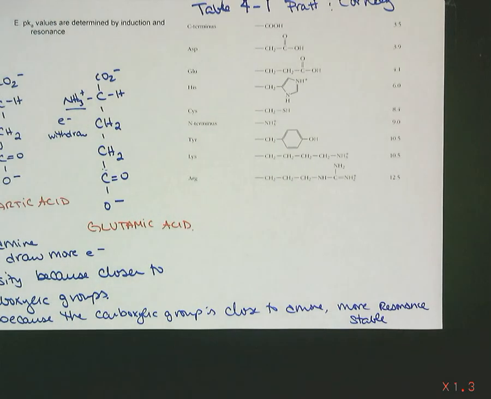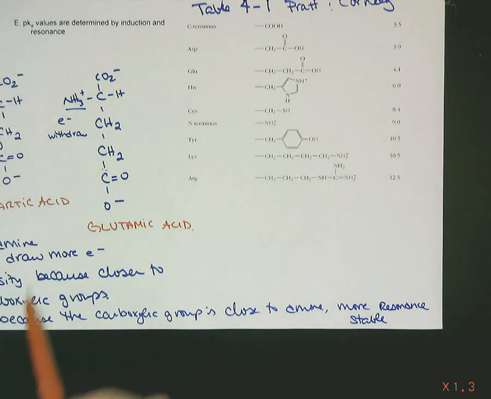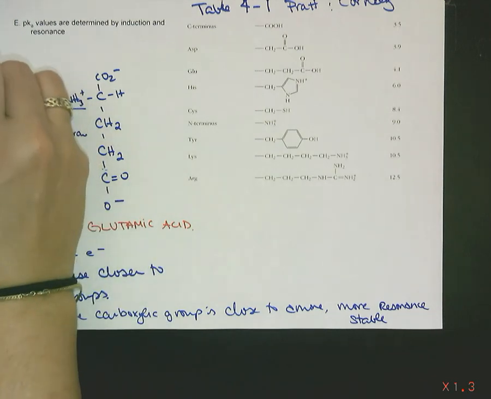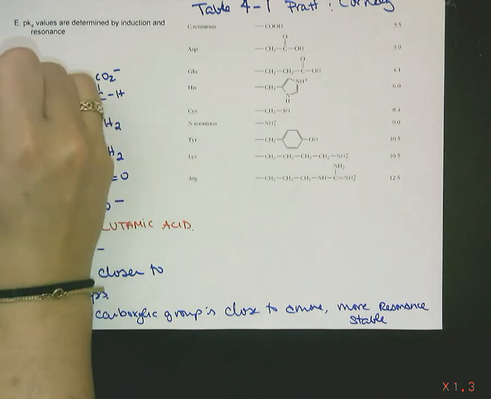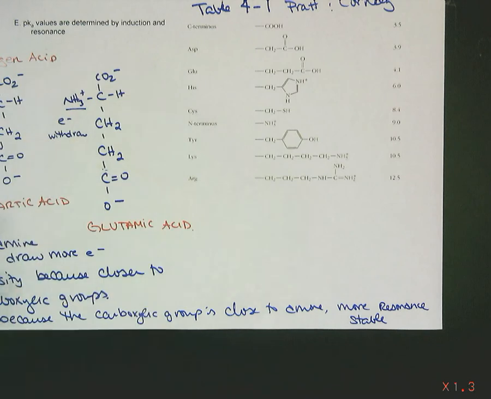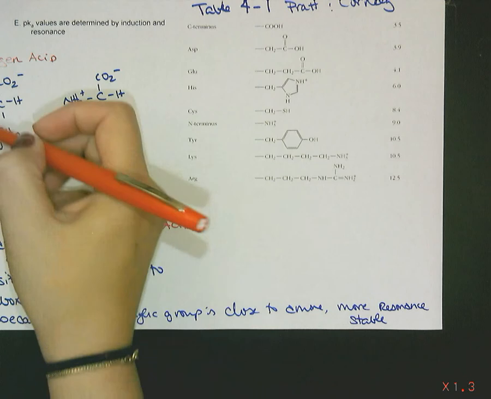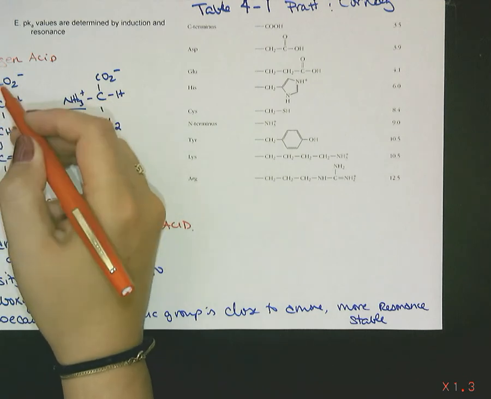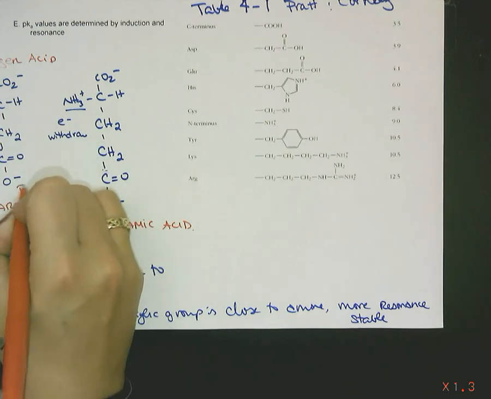So since it is more stable, is it a strong acid, like it takes a very low pH to protonate these, or is it a weak acid where I can use a high pH? It is a strong acid. I guess stronger. It is a stronger acid than glutamic acid because it's happy the way it is. It takes a lower pH to protonate these. So its pKa